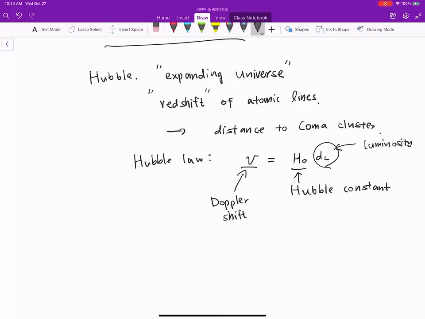Of course, in order to determine it, you need to know the absolute luminosity. It's so complicated. In any case, for the distance, you can measure the photon flux, the number of photons, and then you can measure the distance. Then this is how you determine the Hubble constant. So you have two different pieces of information: atomic lines and the photon counting, and the Doppler shift is the line shift.